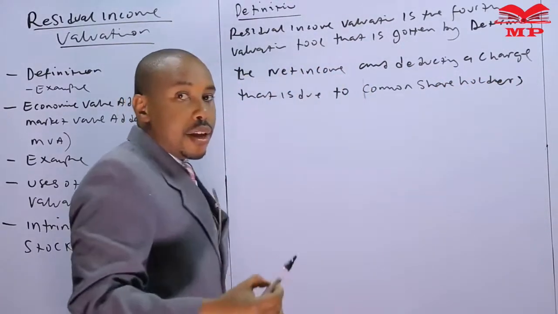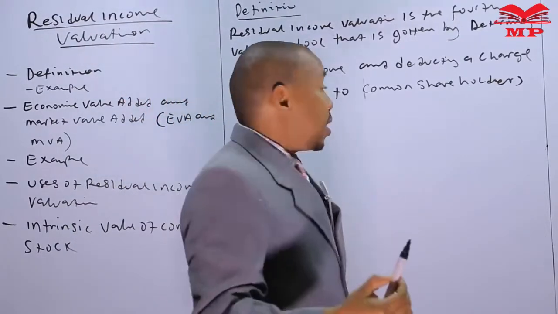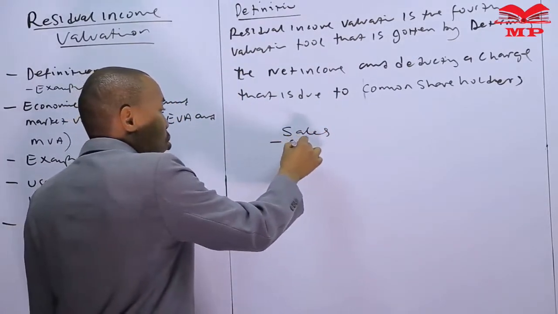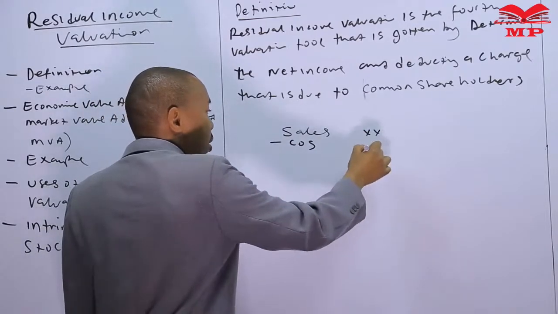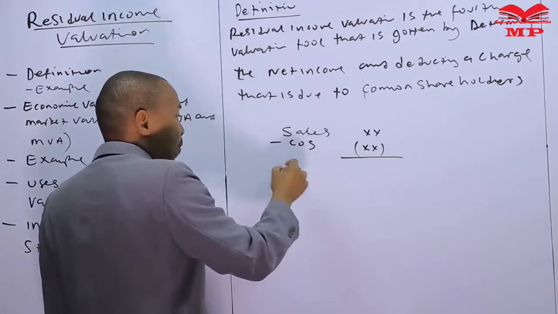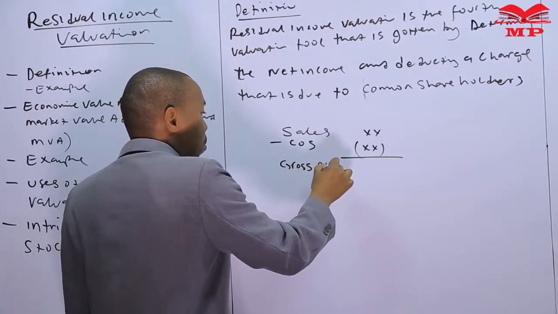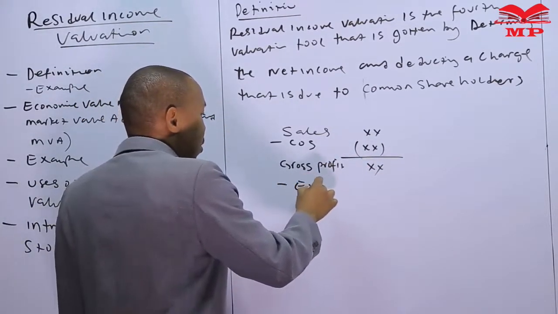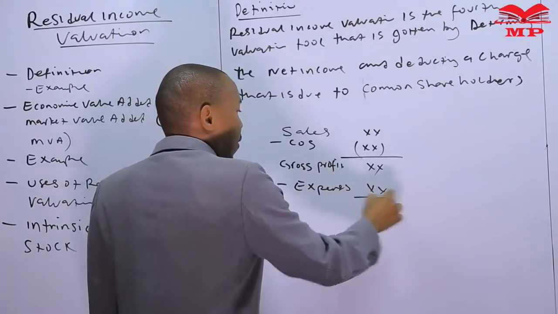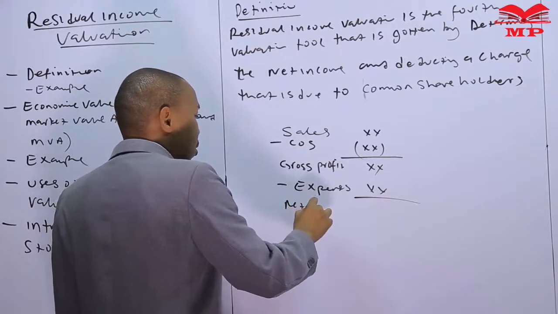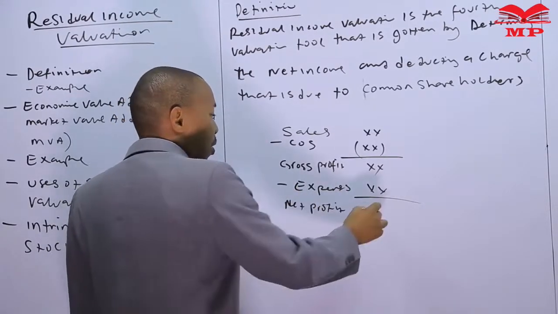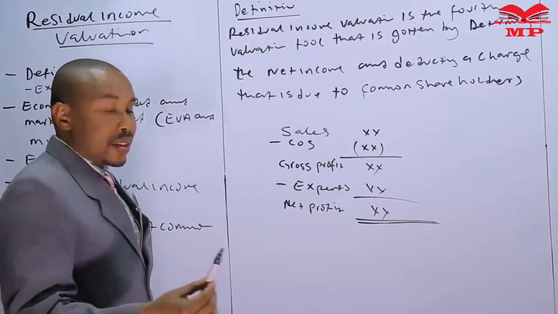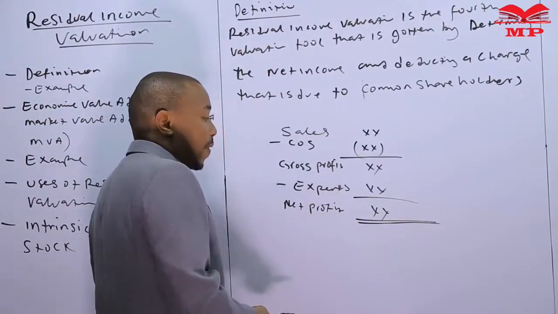In traditional accounting sense, it is believed that once we have the sales value, less cost of sales, we'll be able to achieve the gross profit. Once we have the gross profit, less expenses, then what do we get? We get the net profit. So in traditional accounting sense, once an investor assesses the net profit component, then it is believed that